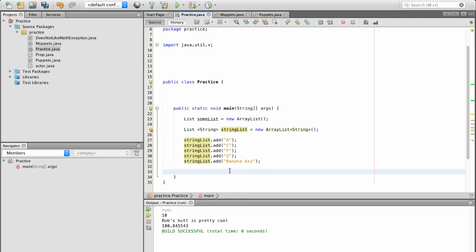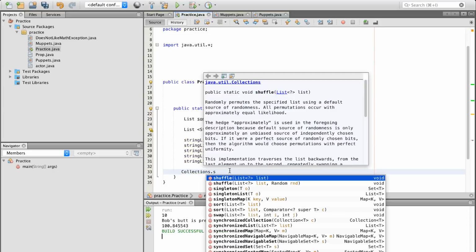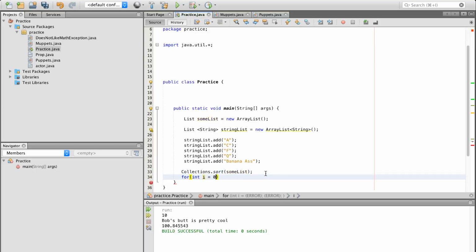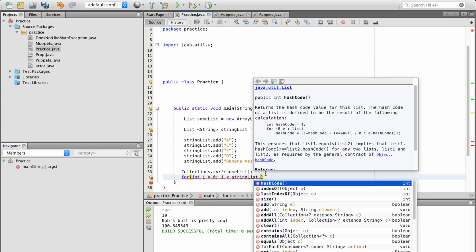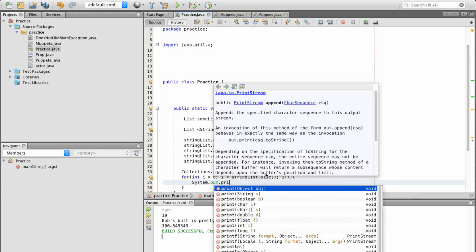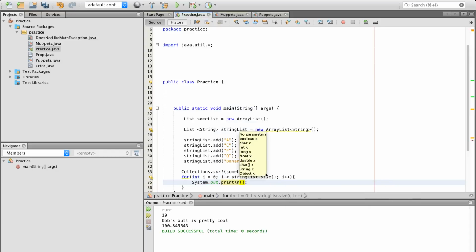Now, what if you wanted to sort something like this? This is pretty fun to do. You type in collections sort, and then you put in some list. So then you could come in here. We do string list dot size. Increment it there. I think I've typed out system out print line more than anything in this tutorial. Remove those. Okay, so